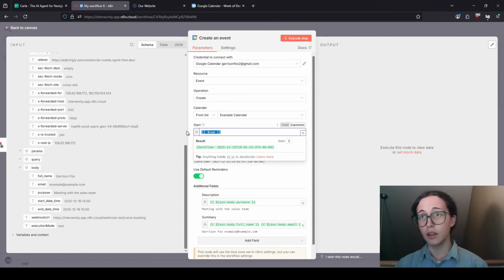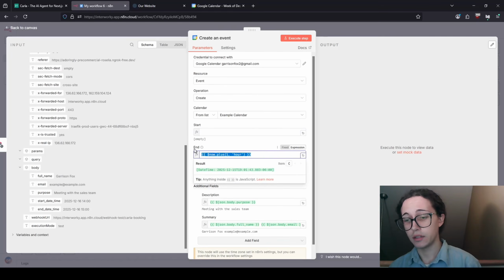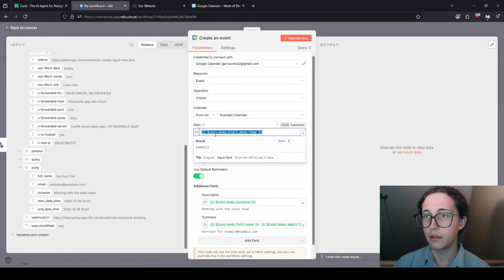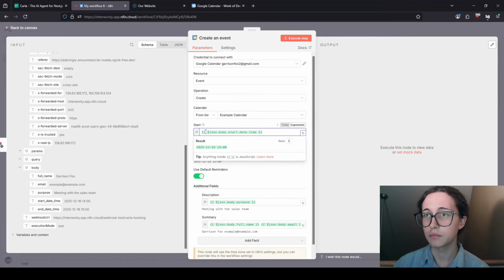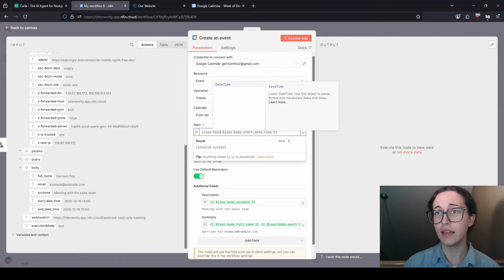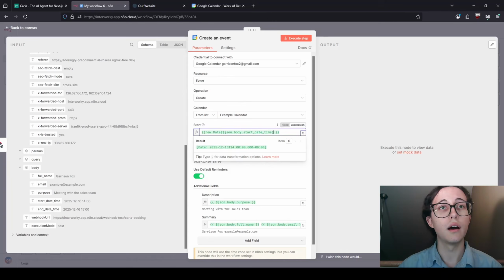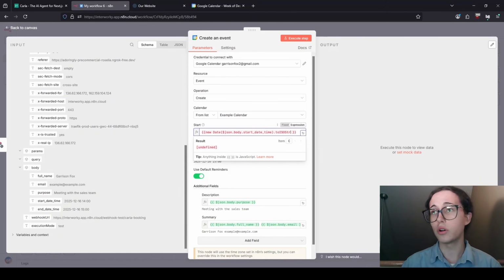And then for the times, Google Calendar does require it to be in a specific format, but let's just drag in start and end time. These are going to be text, but to make them work with Google Calendar is really easy. All we need to do is type new date. It's going to make a date object. We're going to wrap our JSON parameter into there, and then do toISOString,